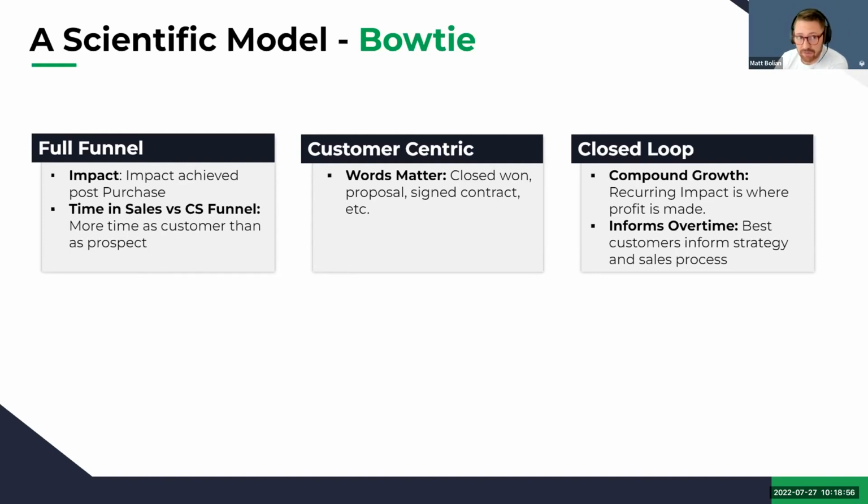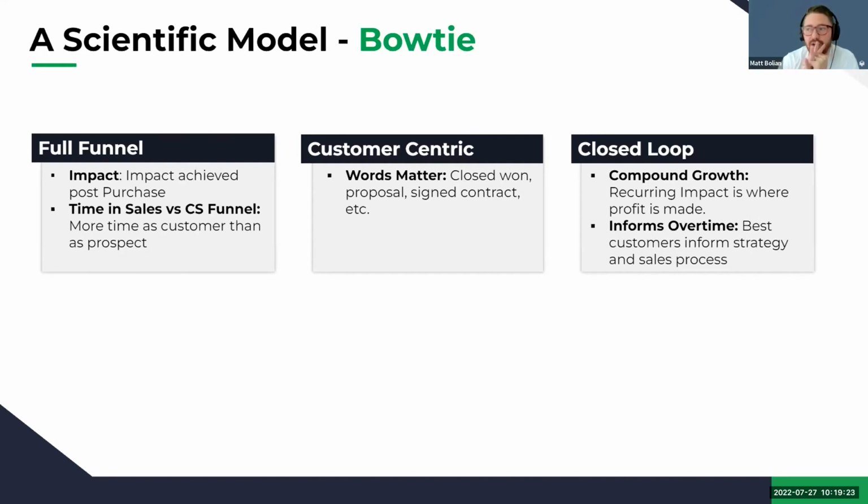It is a funnel. We have a funnel. We do not have a flywheel. Because you can't put a flywheel in a data model. That's why you have a funnel. But full funnel. Once you have this funnel, you can start to see, and just as a point, more time is spent on the customer side of this funnel than as a prospect. Thus, more time is spent in the CS funnel than the sales funnel. So just remember that as we think about it. We'll show that in some pictures.